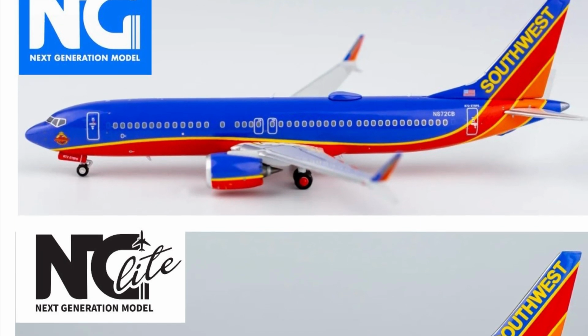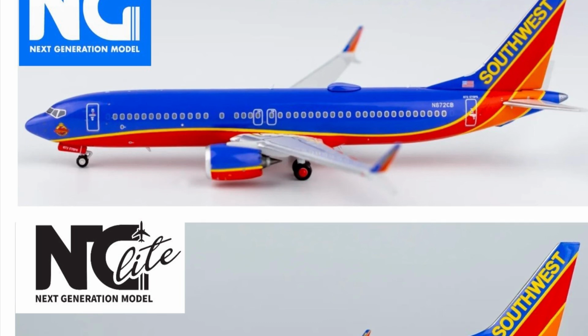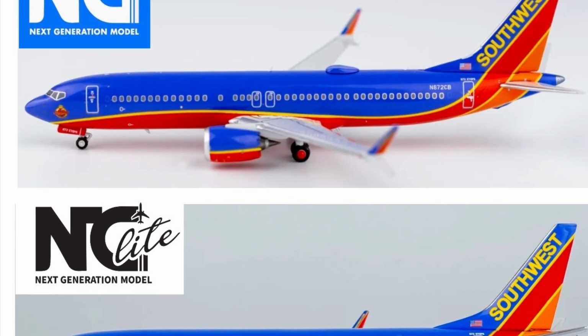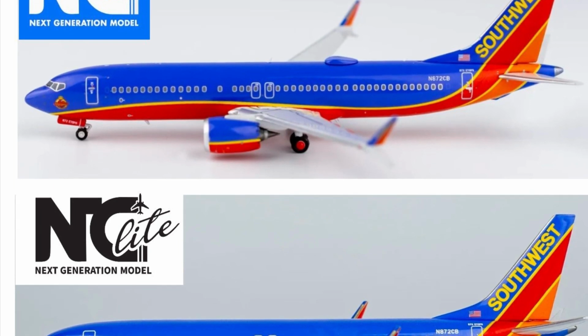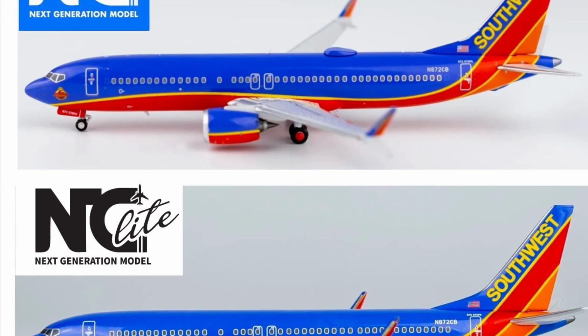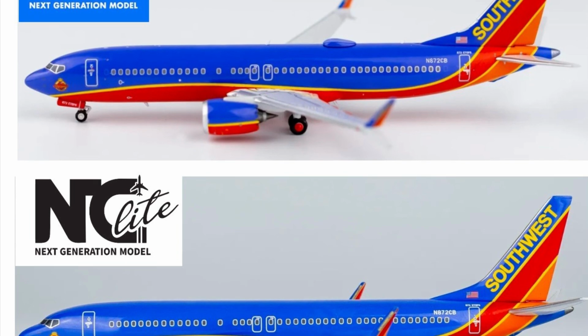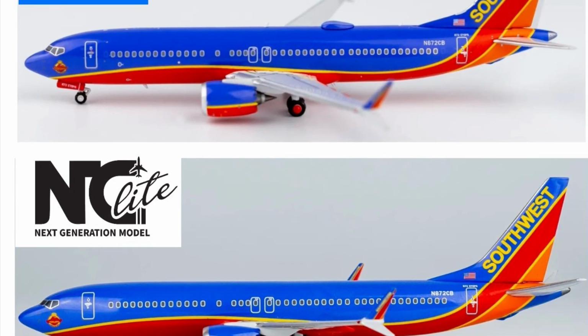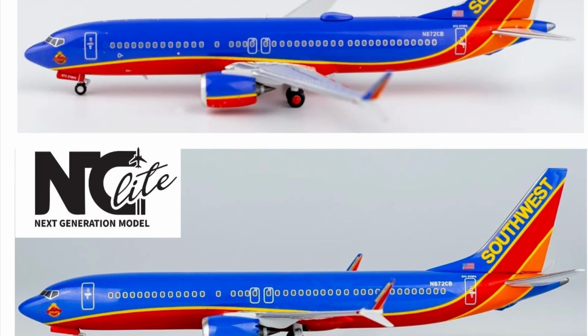And straight away, aside from the colour of the Herbert D. Kelleher one, there's obvious differences between the two. But I have to say that when you first look at these, they both look like excellent models, and the new NG Lite ones don't necessarily stand out as being dramatically inferior to the older ones. However, they do have a slightly